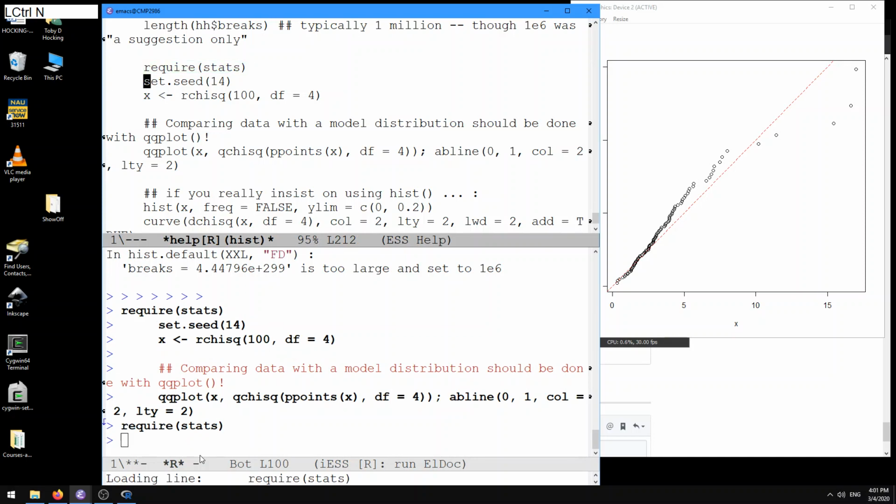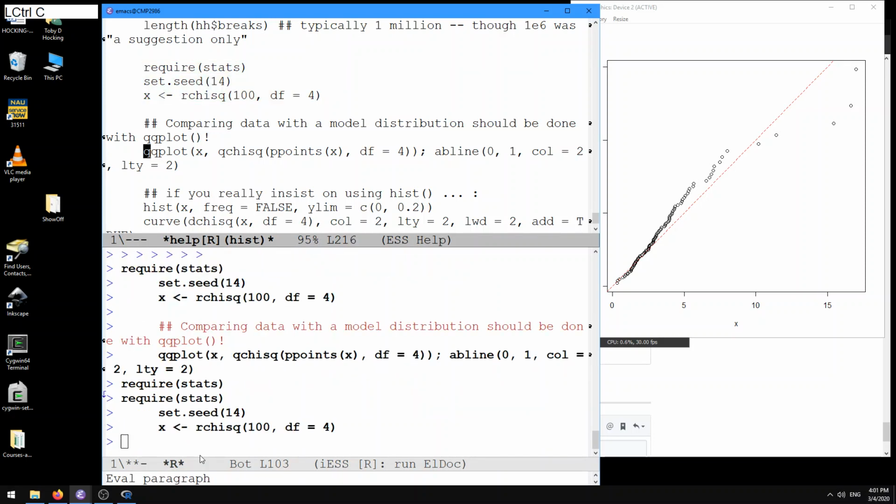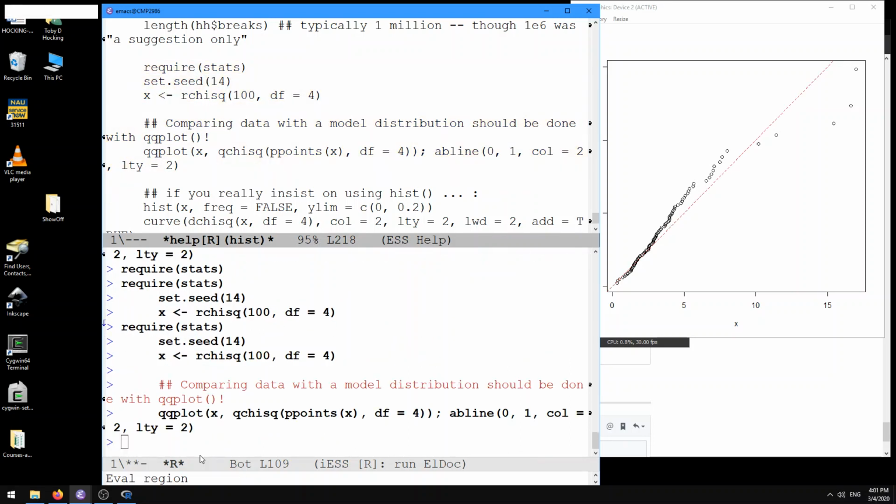Control, that's one line only. Control C, that's sending the whole block. And then Control C, Control R, like we saw, that's sending a region. Another thing that we can do, instead of navigating down with a Control N and Control P for navigating up,